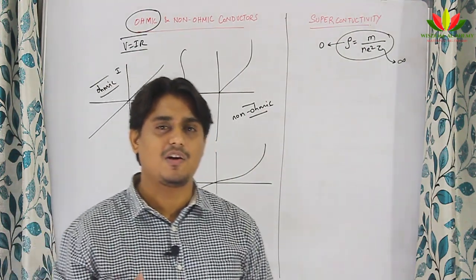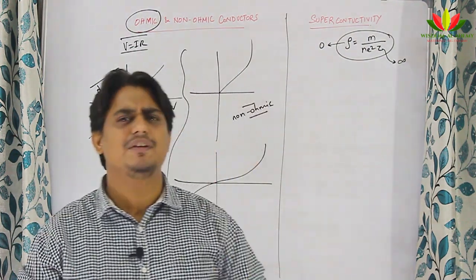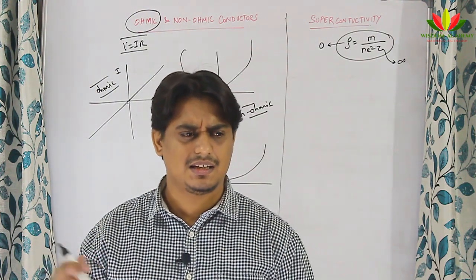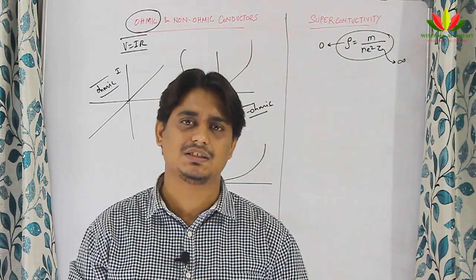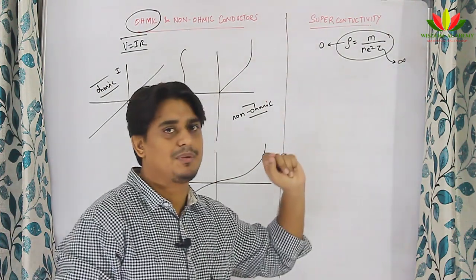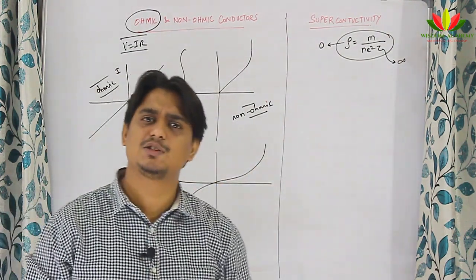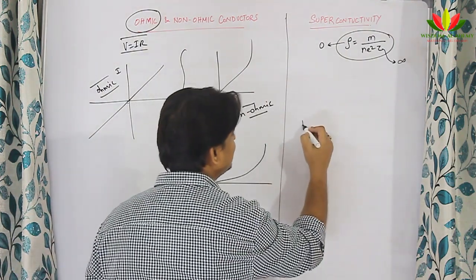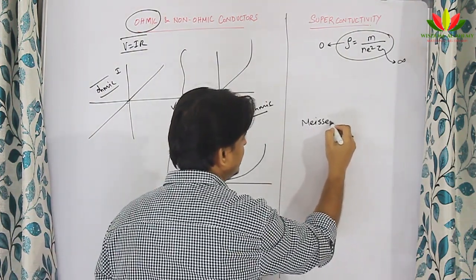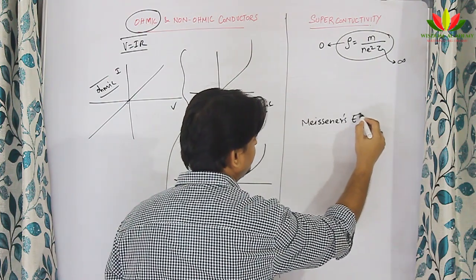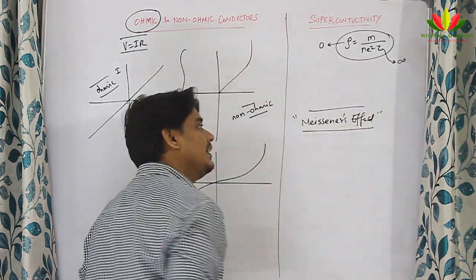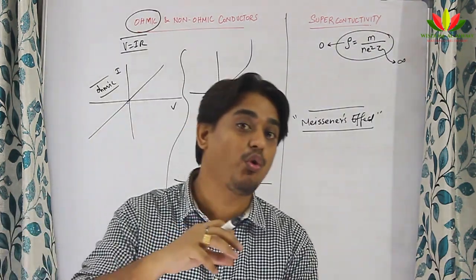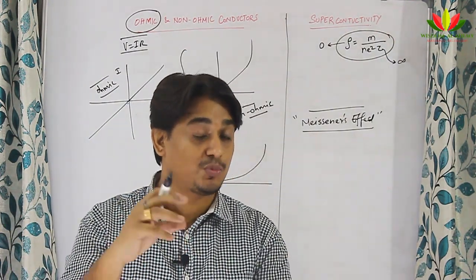Superconductors nowadays find lots of applications in many fields, in quantum physics, in maglev trains, in levitation, a lot of places. So, superconductivity can be attained at very low temperatures. One more phenomenon linked with superconductivity is called Meissner's effect. If you browse about it, you will know it is a very interesting phenomenon in which you can make things float. You can make conductors or superconductors float.